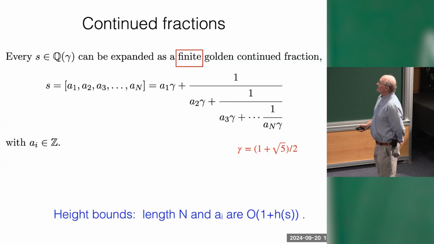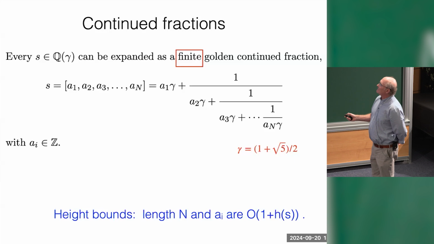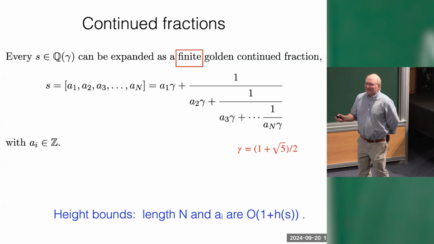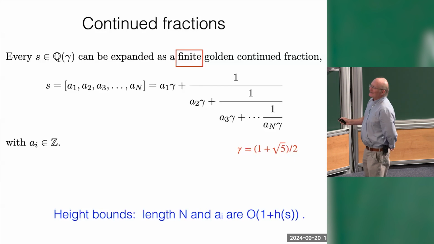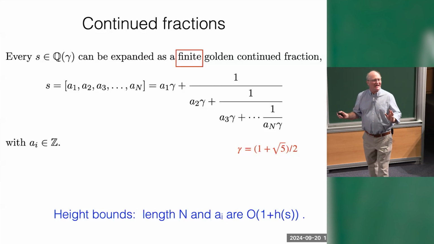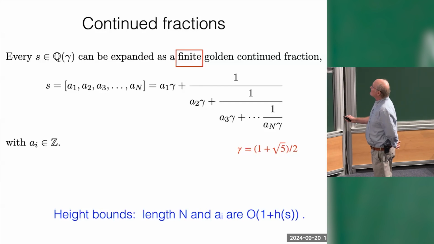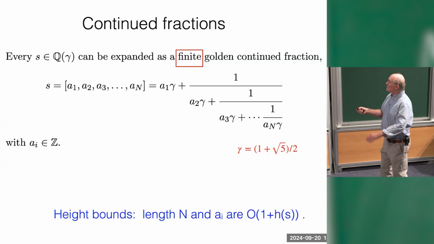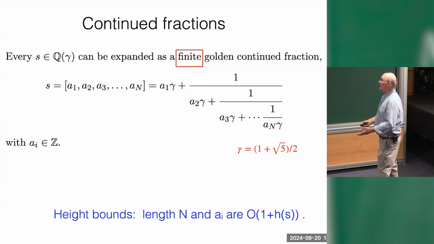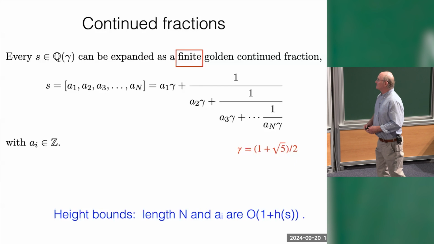So this is exactly like the traditional continued fraction expansion of a real number. But I put a gamma in front of every one of these integers. And then the theorem is that... Are the a_i positive after 1? No, I didn't say they have to be positive. Maybe the last one is not 0 yet. But they should be integers. So just to make this statement robust, I'm not going to add more conventions to what they should be. And the statement is that every element of Q adjoin gamma can be expressed as a finite continued fraction. This process, forming the continued fraction for s, which you can easily program, eventually terminates no matter what element of this field you start with.